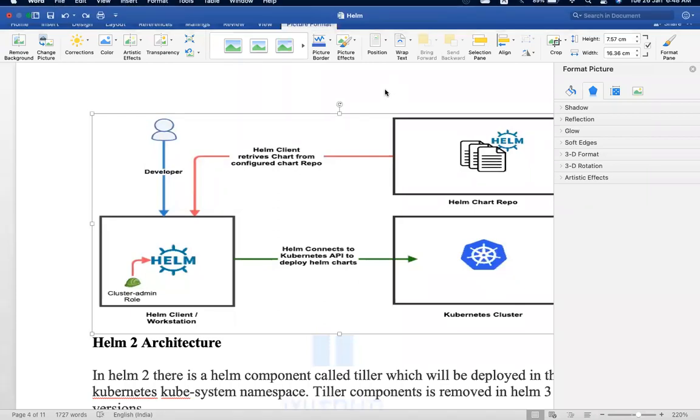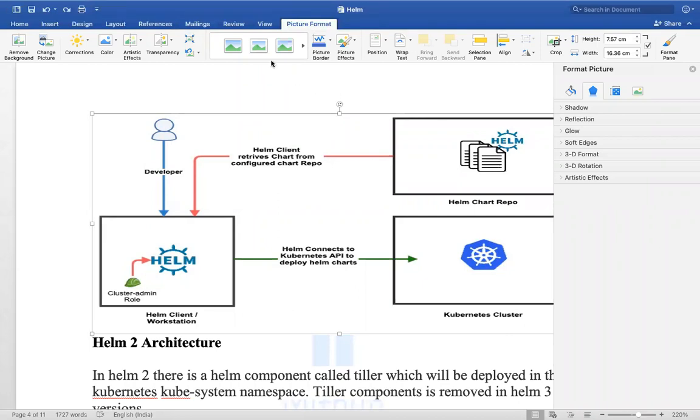Basically the Helm charts, the Helm packages, right? So I have a repository. If I maintain the Helm chart in the repository, any Helm client can interact with this Helm repository. Helm client retrieves the chart from the repository,